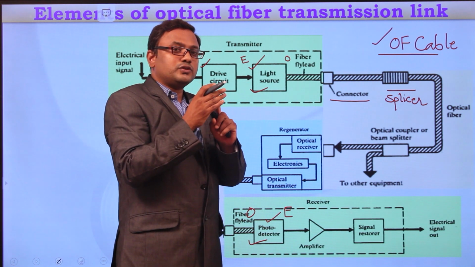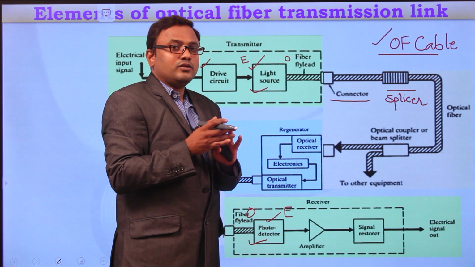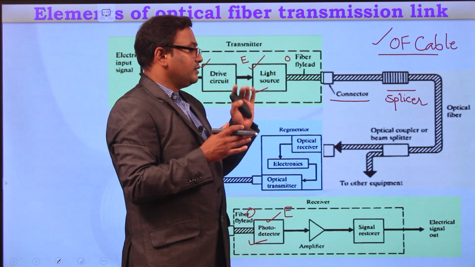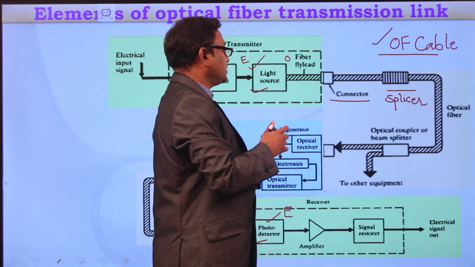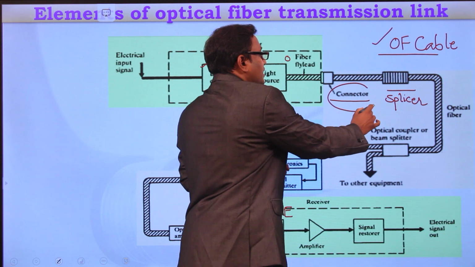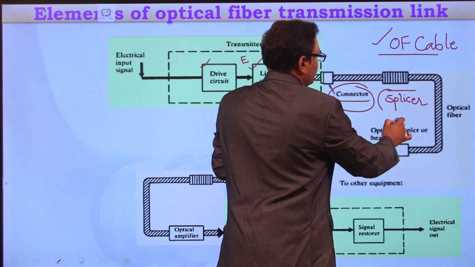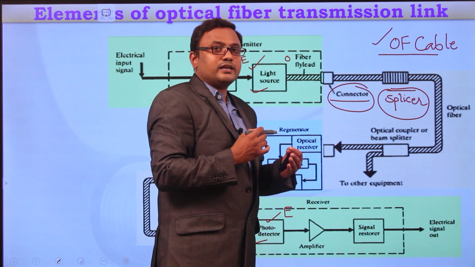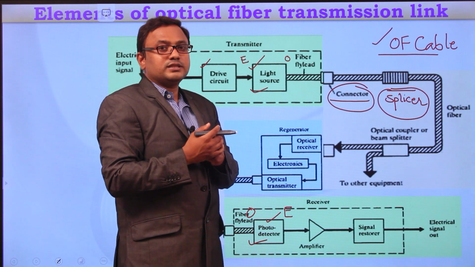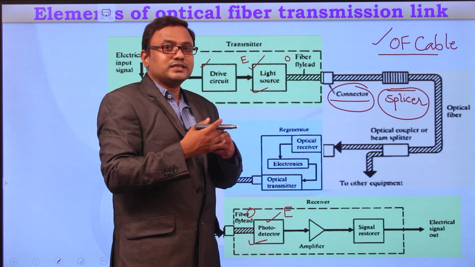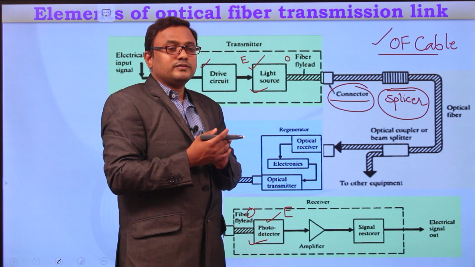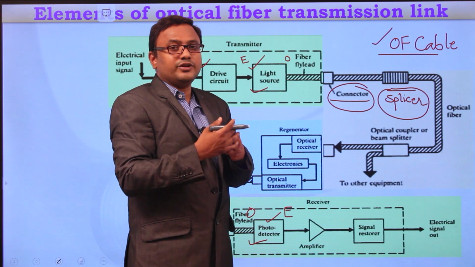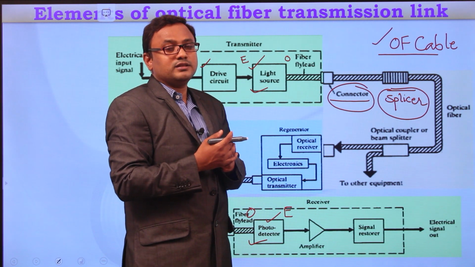So with the first unit and the second unit, we will learn about the details of optical fiber cable, and then in the third unit we are going to focus on how these optical fiber cables are connected by using different types of connectors and splicers. So there are different types of connectors like butt joint connectors, tapered sleeve connectors, straight sleeve connectors, and different types of splicers like fusion splicers, V-groove splicers, elastic tube splicers, right?